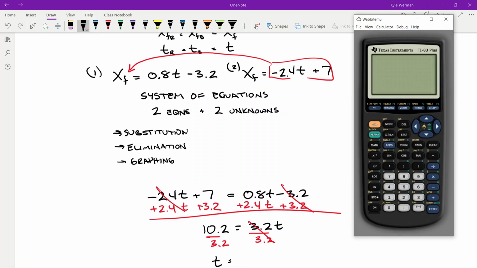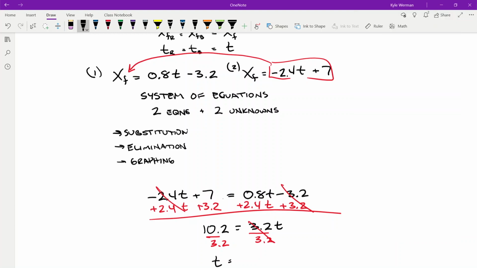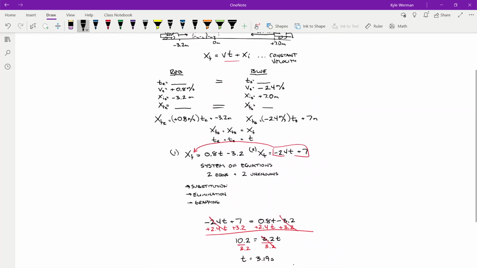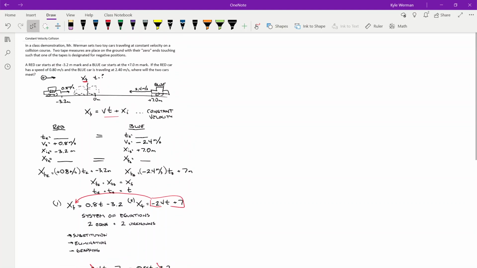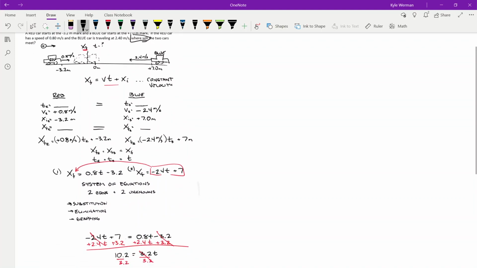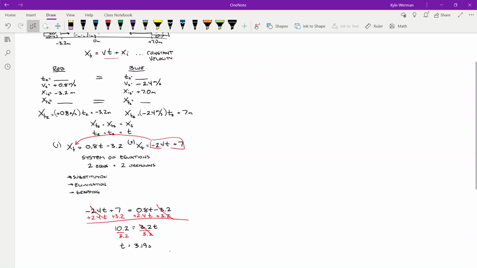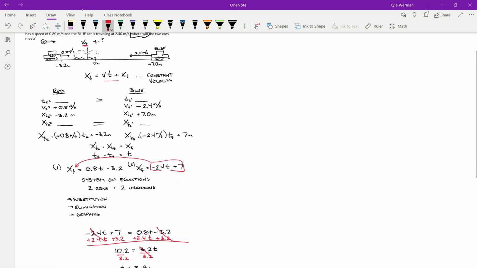Let's pull out our trusty calculator. And we can type in 10.2 divided by 3.2. And we'd find that they're going to collide at 3.19 seconds. Does that seem reasonable? All right, let's look at our picture, right? They're traveling. Does 3 seconds seem reasonable? Sure. That seems like it's in the ballpark. Is that our answer? They want to know where they meet. Well, that's a position. All right, so we now know the time. They're going to collide at 3.19 seconds,